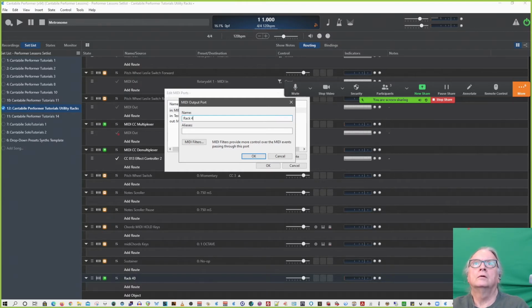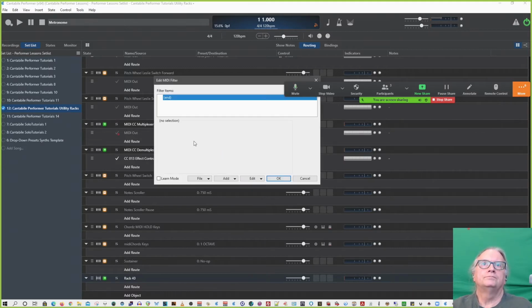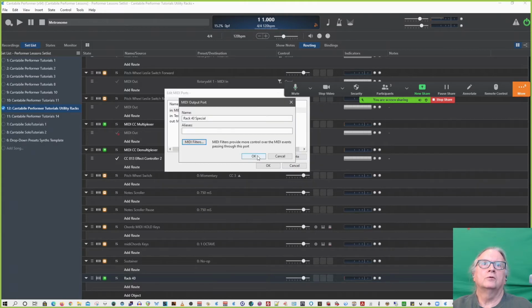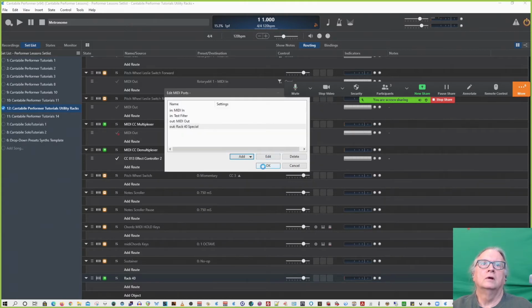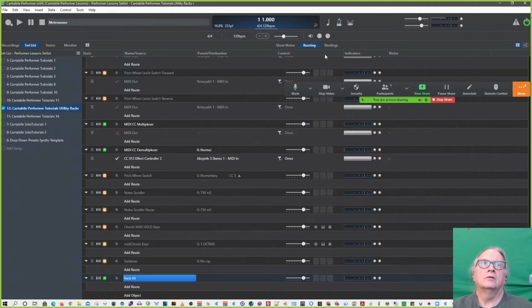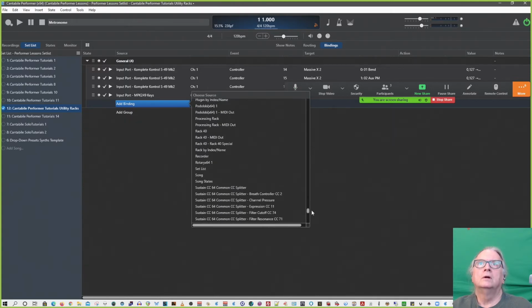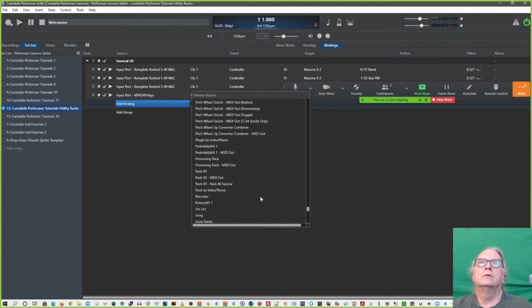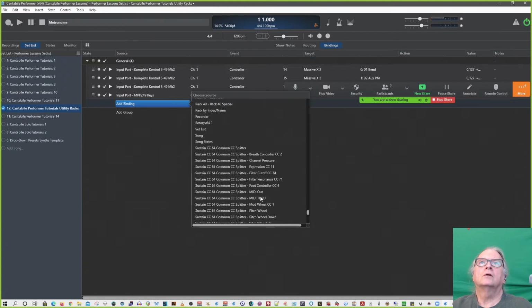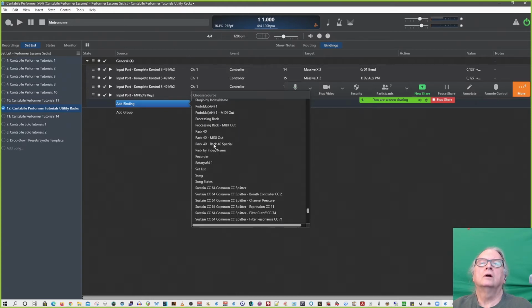Rack 40 special. And this also can have a filter. But right now we just want to see it avail itself to the bindings. There we go. Down here is called rack 40. There it is. And there's rack 40 special. So now we have this